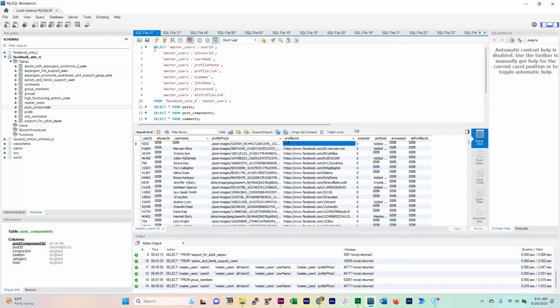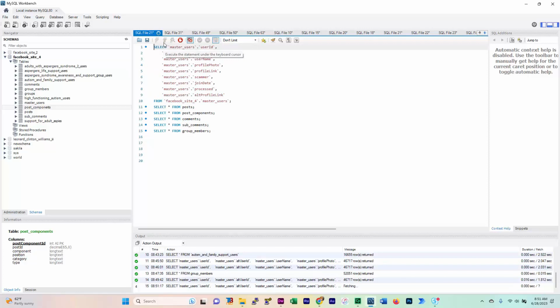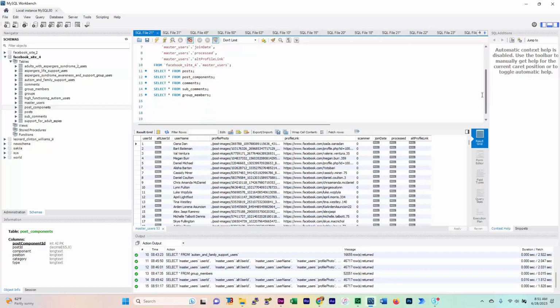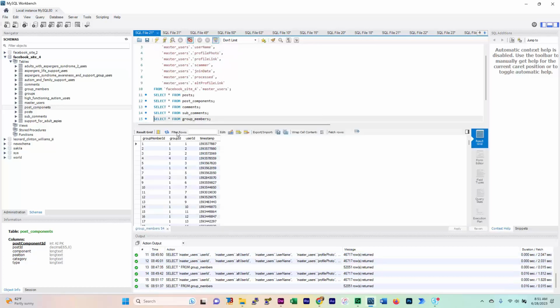The point is we have our master users table that's all our users aggregated, and it's individual, unique users, apart from this person with a null profile link on the side. And then on the group members tab we have what groups each member is a member of. So this user ID 2, for instance, is a member of group 1, 2, and 4. So if I go to user ID 2,